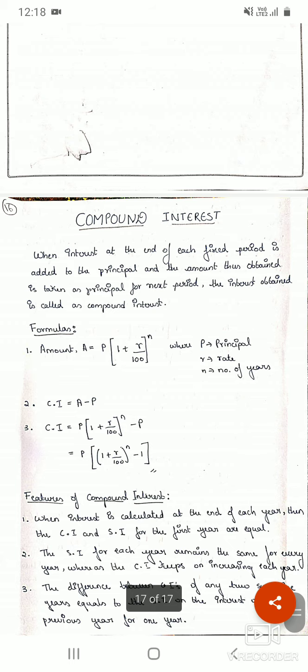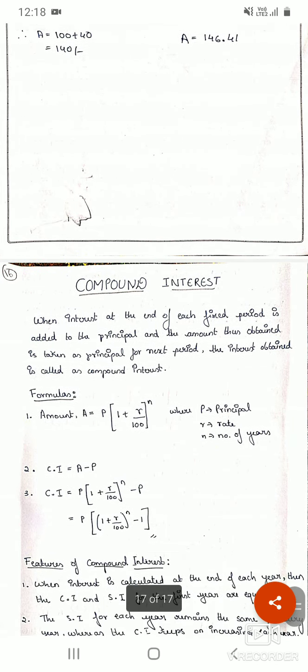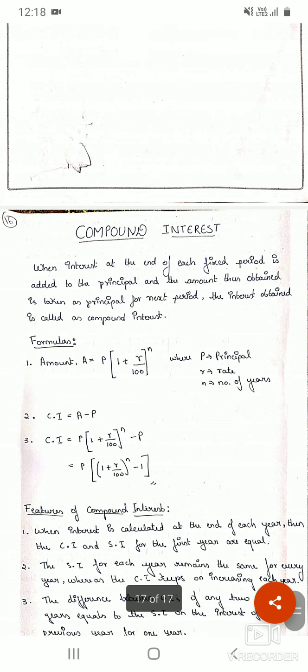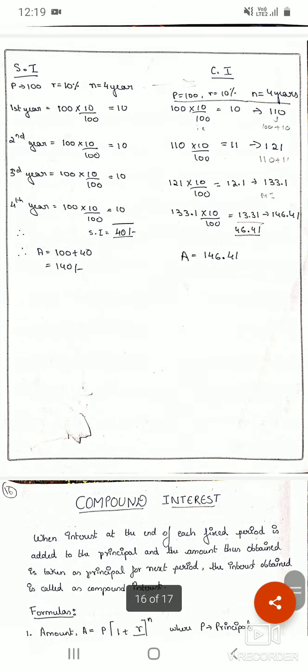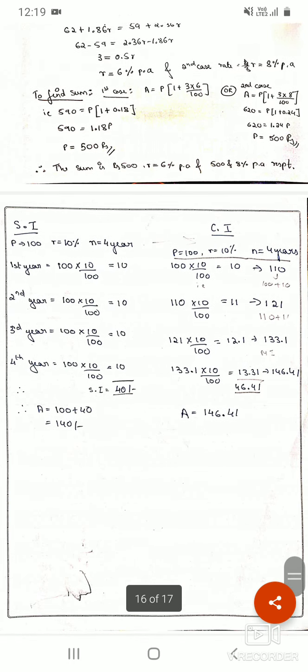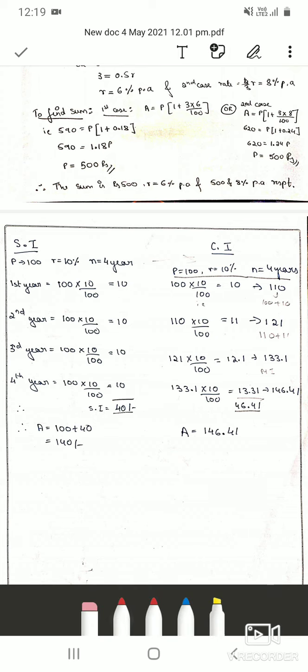So in the previous class we have seen the concept of simple interest and also we had solved sufficient problems of simple interest. In today's class we will begin with compound interest. Compound interest is used a lot nowadays compared to simple interest. In every situation compound interest is preferred over simple interest. So before we see the formulas, let me clear the concept between simple interest and compound interest.